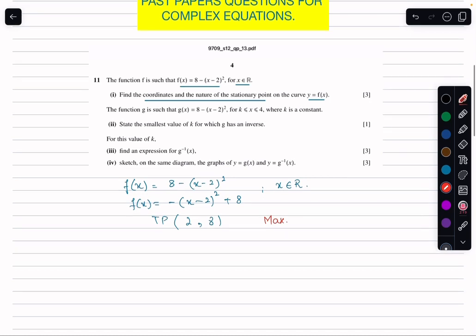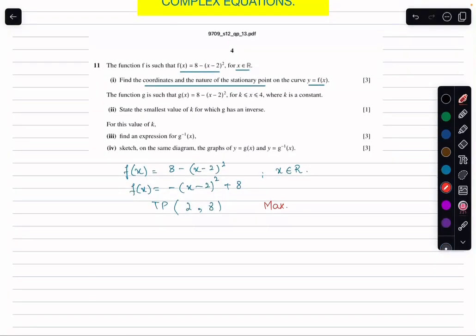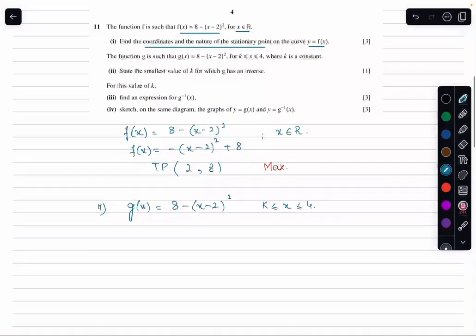The second part of the question says it's the same function, which is g(x), equal to 8 minus (x minus 2) the whole square, but now the domain is different. They are saying now it is for k less than or equal to x, which is less than or equal to 4. So I know that the curve has a maximum nature,